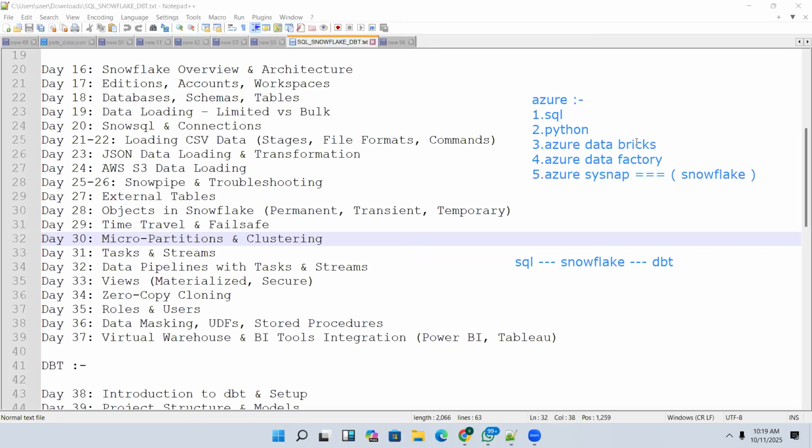So we can say that Azure data engineering will be a little bit more vast than Snowflake and DBT. Vast means here you may have 10 concepts, and here you have 5 concepts. If you want to understand, it is a little vast compared to this one. Frankly, it is the same thing, but Snowflake is a little bit simple, not much complex.